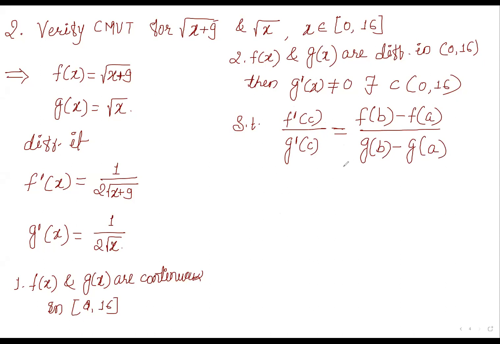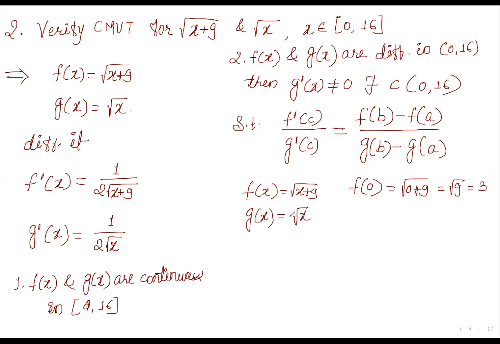First, we are taking f of b. F of b means here f of x is equal to root x plus 9. Then f of a, that is f of 0. What are we getting here? Root 0 plus 9, root 9. And root 9 is equal to 3. Then g of x is equal to root x. So first we take g of 0 is equal to 0 and g of